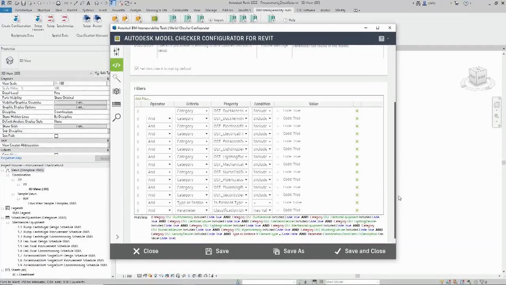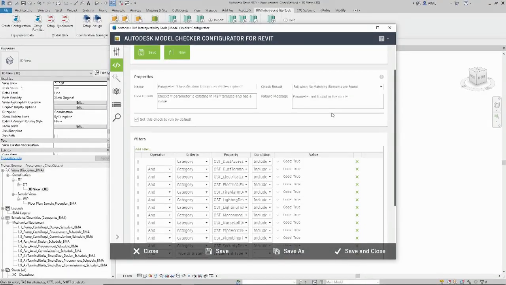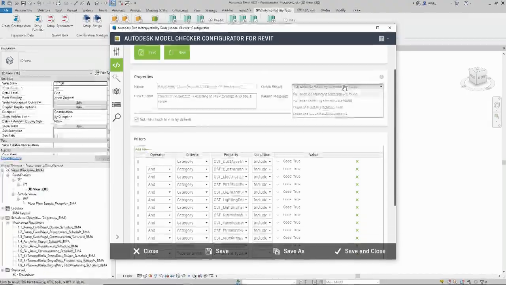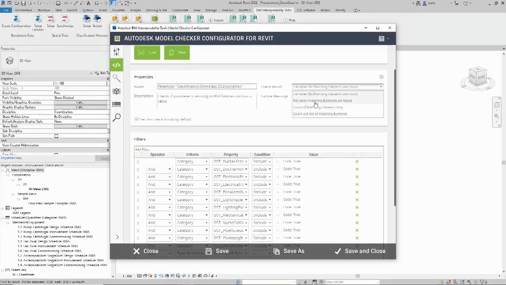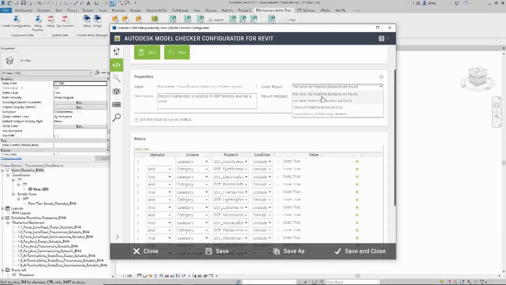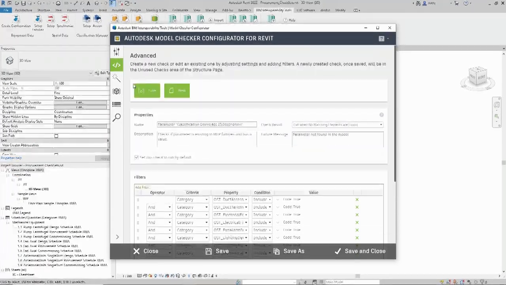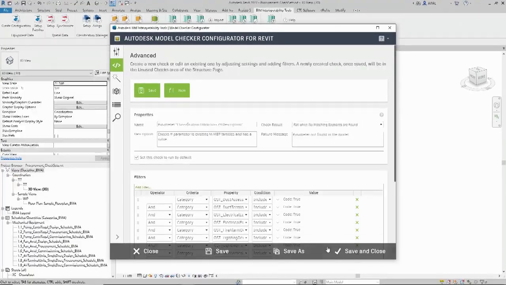And if that's not happening, if one of these checks is not true, then the check result will be a failed result. There are other options, as I already mentioned: you can count and list matching elements, or not matching elements, or you can fail a test when a matching element is found. Another thing we have done,